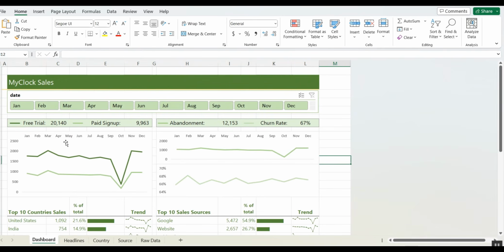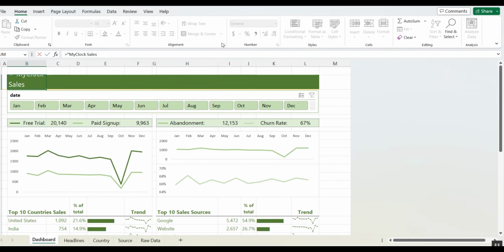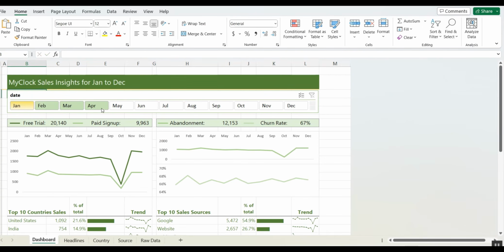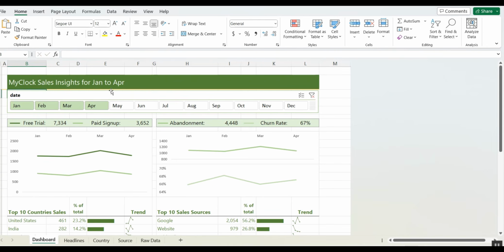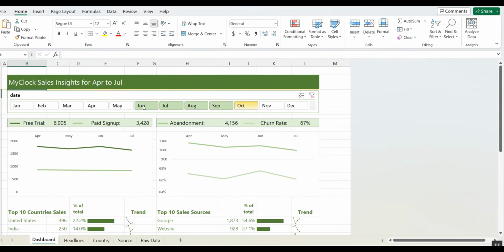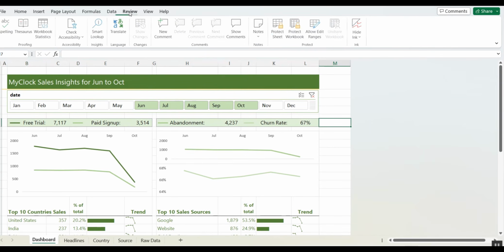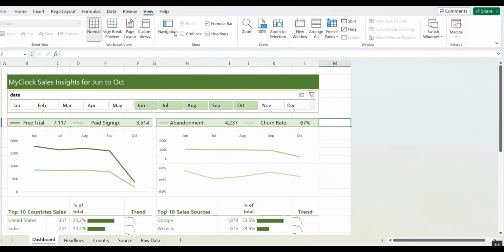Now we will go back to our main sheet, and I will just join this text with this. Just add a space. Now if I choose any dates, it automatically displays that this dashboard has data showing up for Jan to April. Looks good. I will just hide the grid lines,